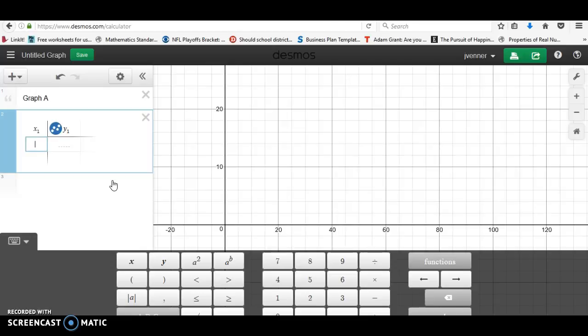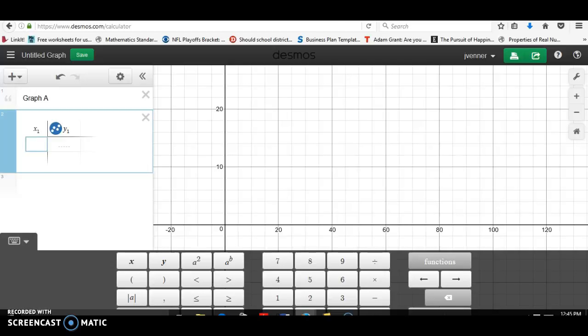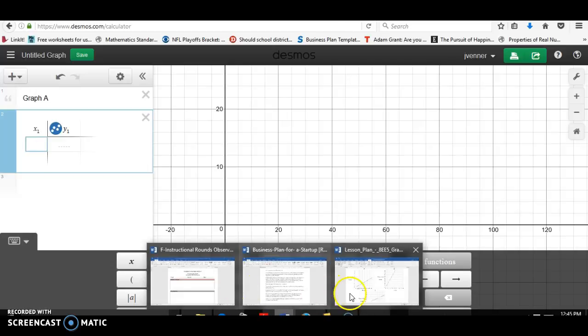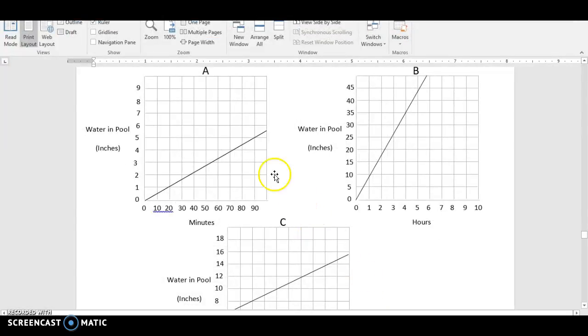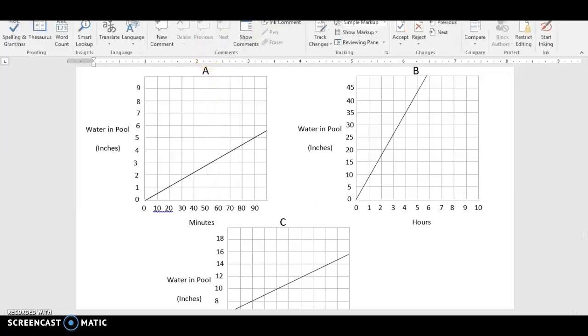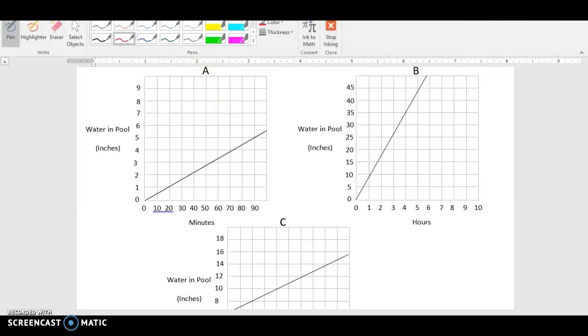Now we're going to have to choose points that make sense from graph A, or that we can make sense out of. So for instance, I am going to try to find points on this graph that look like they're right at the intersection of two lines. So we can start with this intersection, 0, 0. So we'll start by putting 0, 0 into the table, and then it looks like we have another intersection here